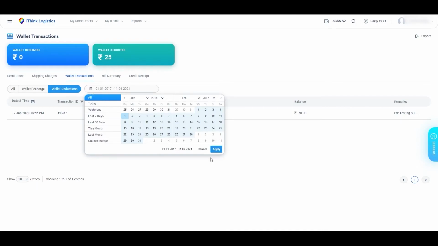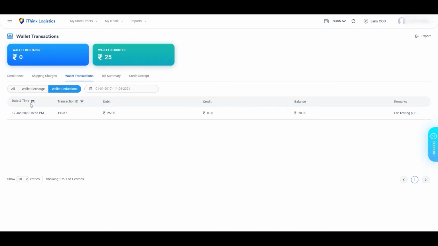If you want to further filter the visible data based on date and time, you can use the date and time filter. As you click on the date and time filter, a pop-up will be visible on screen. Here, from all available date options, you can select a date option according to your requirement. The process which you followed in the date search box, you will use the same process to filter the data in the date and time filter.